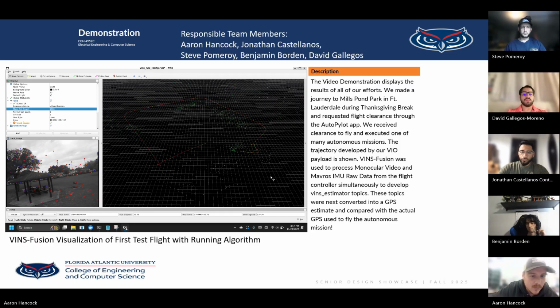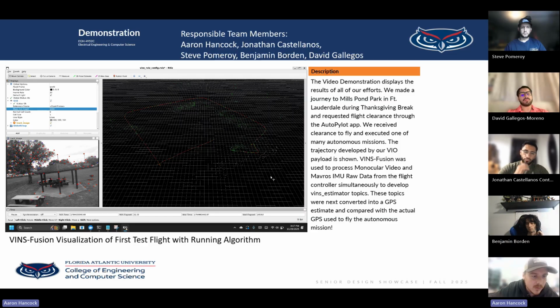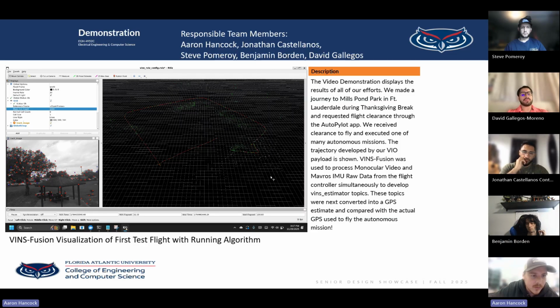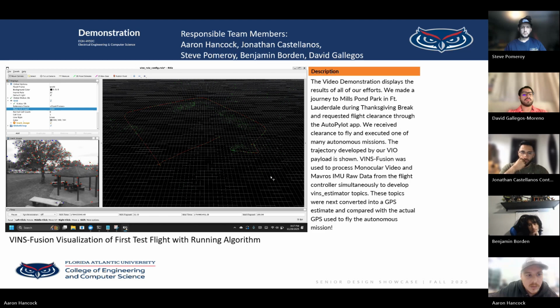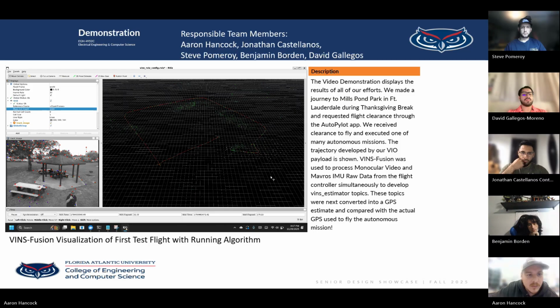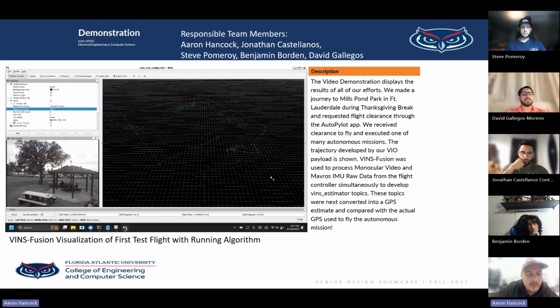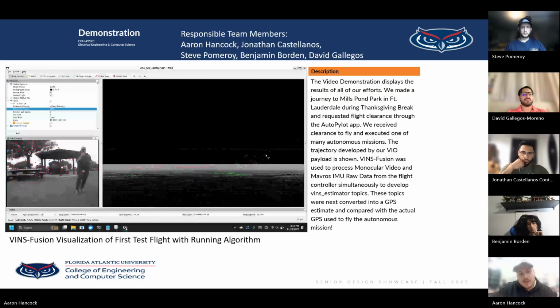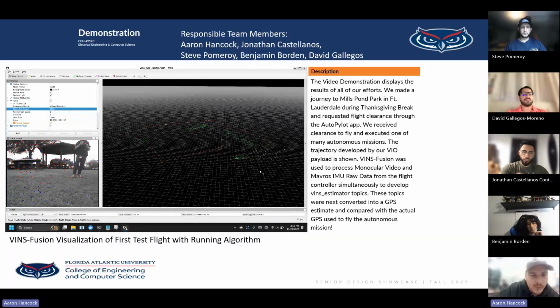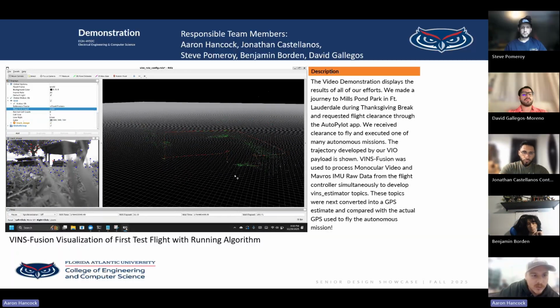And there it's doing its own autonomous landing right after its autonomous flight. And that's it. One of the cool points about this video too is you can see the actual height. The rangefinder on the drone collects the height data as well,